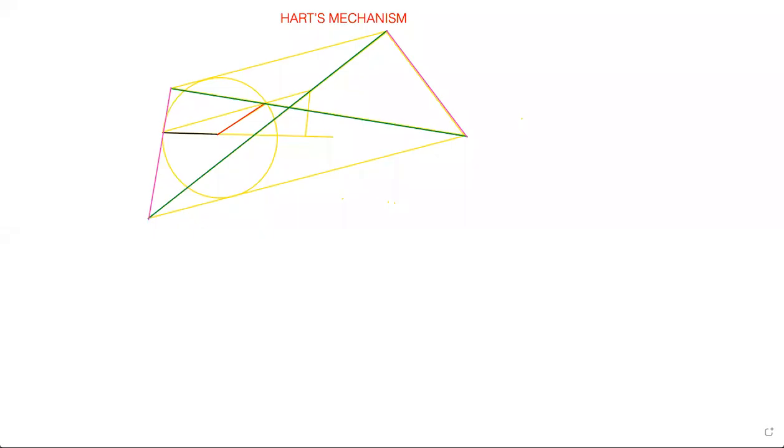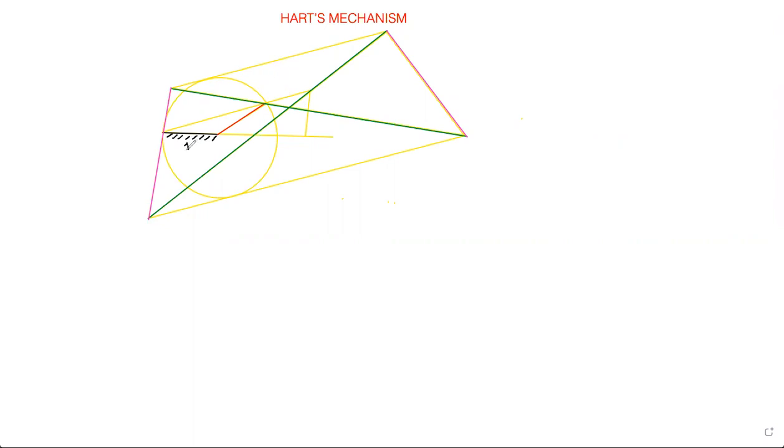Hello students, now we have come to yet another exact straight line motion mechanism, and now we are going to see different terms. How is this mechanism going to perform an exact straight line motion? So this is a diagram. Whatever you see in yellow is all the reference lines, and the ones in a different color are your actual links.